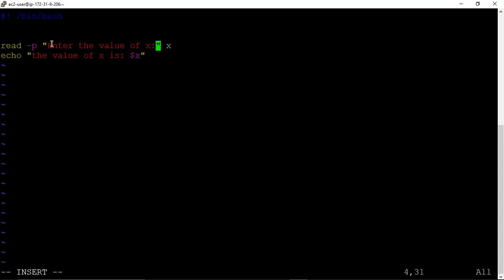Now students, as I told you, if we write read and write x, or suppose we write read and write name, then this acts as a variable. x acts as a variable, name acts as a variable. Now see, in the previous case, we have a script like this: echo enter the value of x, and then we have read x.